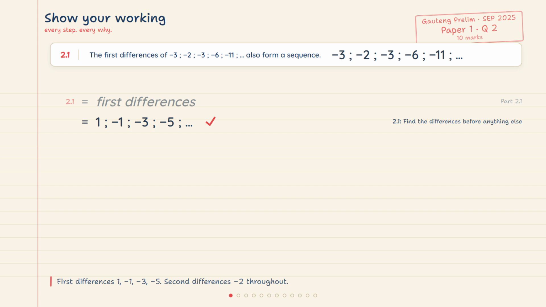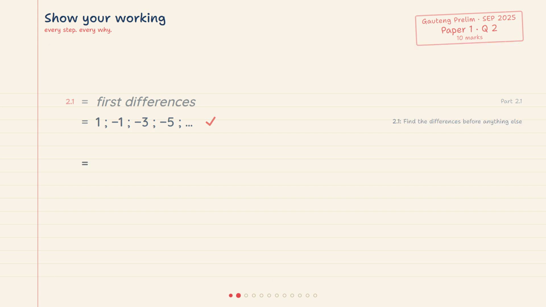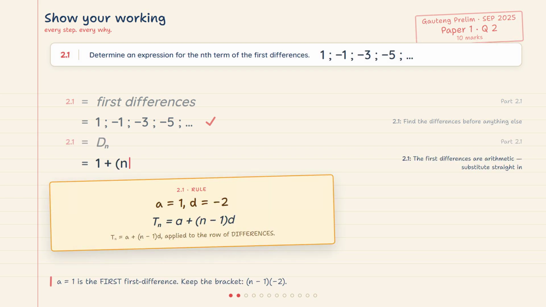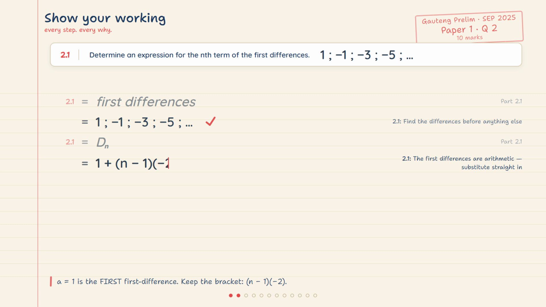This question is only about that middle row. Look only at the row of first differences. 1, minus 1, minus 3, minus 5. That row drops by 2 every time. So it is an ordinary arithmetic sequence, and the formula is the first term plus n minus 1, lots of the common difference. The first term is 1, not minus 3, that belongs to the original sequence, and the common